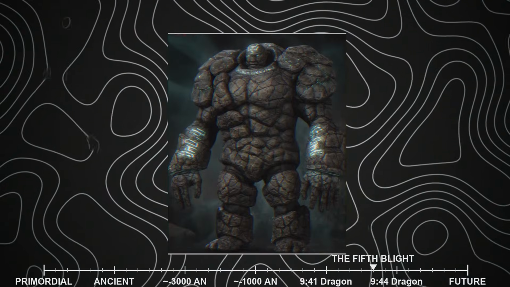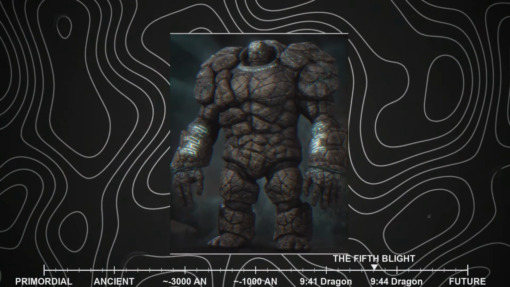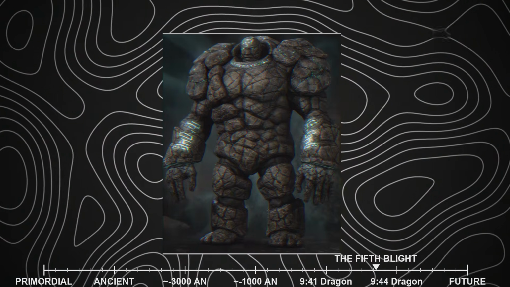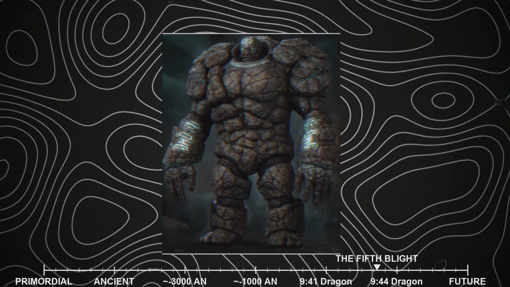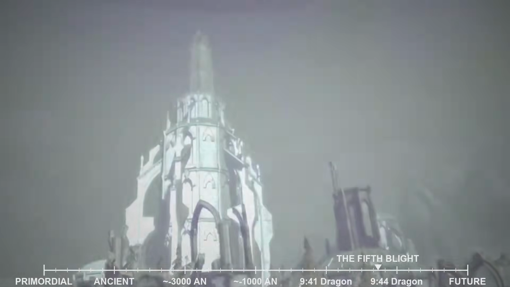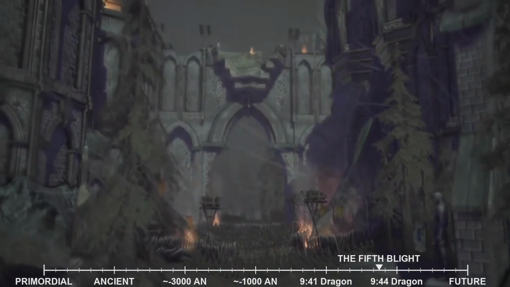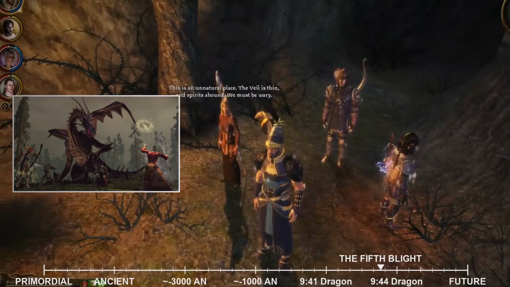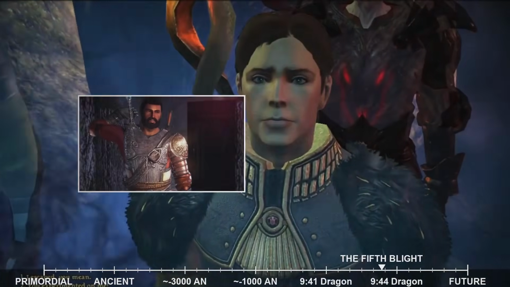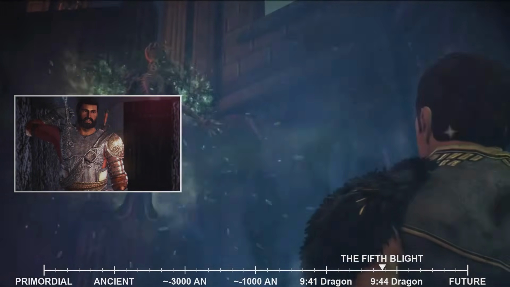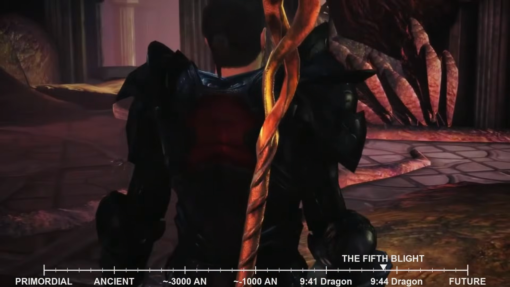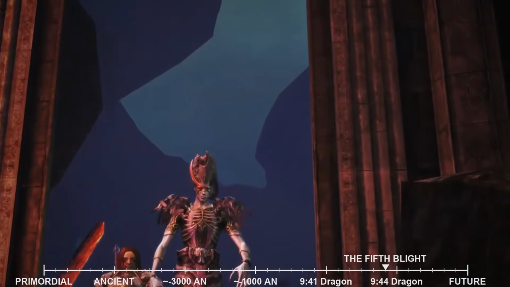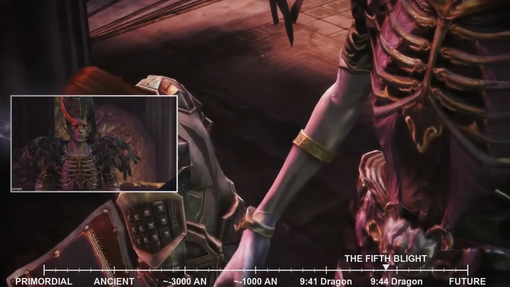The golem, a massive construct of stone and metal, was a formidable foe, a relic of an age long past, now animated by dark magic and serving as a guardian of the marsh's secrets. Defeating the golem and pacifying the Baroness's spirit was a challenging endeavor, requiring both martial prowess and a keen understanding of the supernatural. Through these encounters, the Warden Commander began to piece together fragments of the Architect's activities, realizing that the entity's influence extended far beyond simple military command. The true scope of the Architect's ambition was gradually revealed.